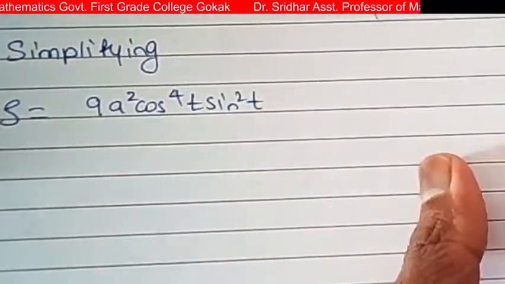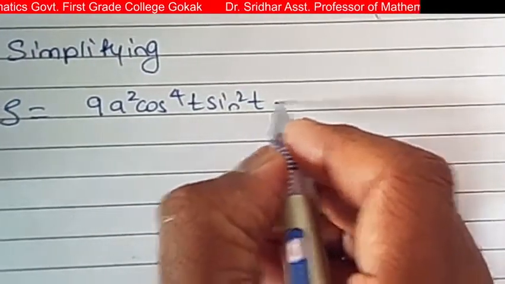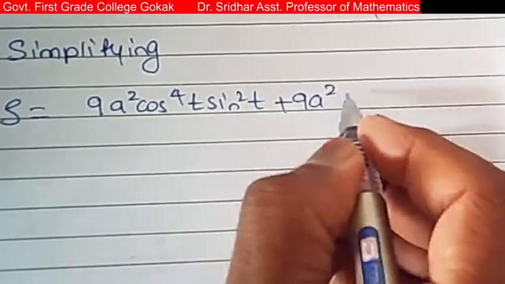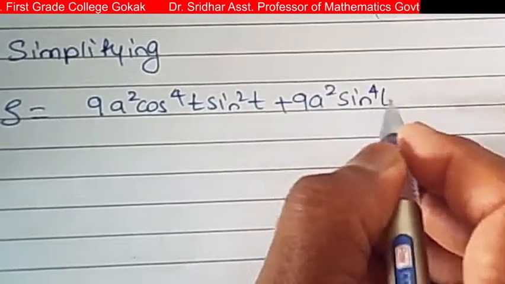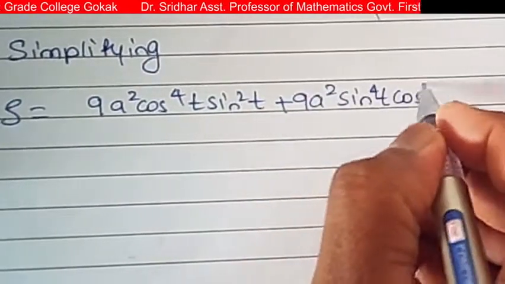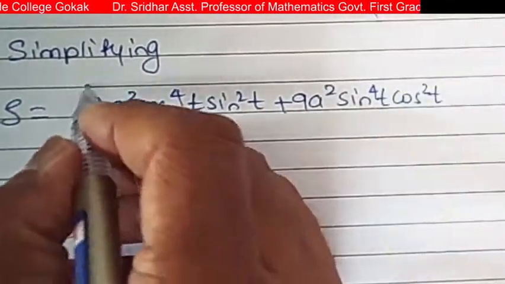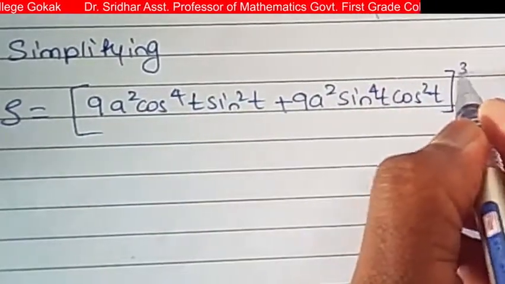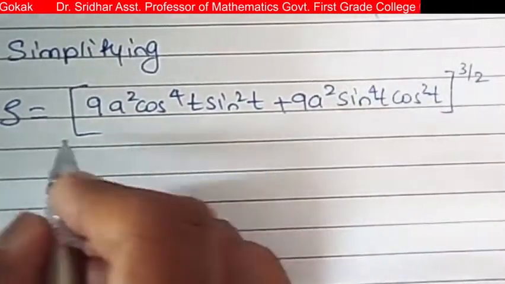This is x dash square, and similarly here 9a square sin raised to 4t into cos square t, raised to 3 by 2, divided by,